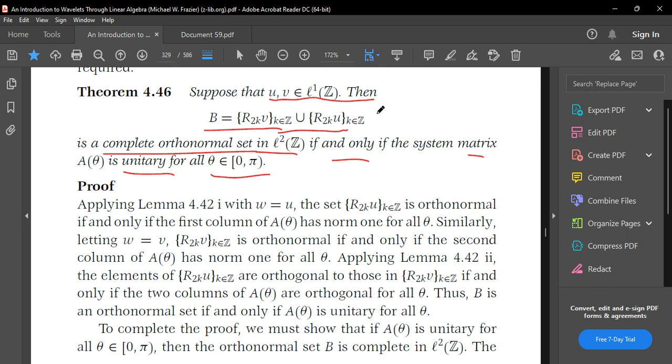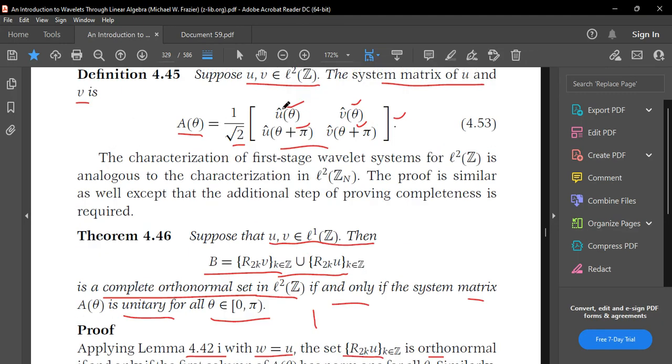Yes, so this theorem we need to prove by applying this lemma 4.42 with W equal to U. Then we have this R2KU is orthonormal if and only if modulus of U cap of theta mod the whole square plus U cap of theta plus pi the whole square will be 2. If this is the system matrix, taking the first column as x and the second column as y,